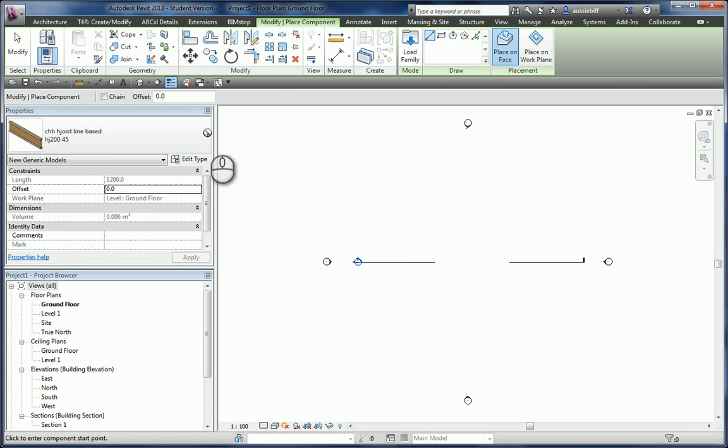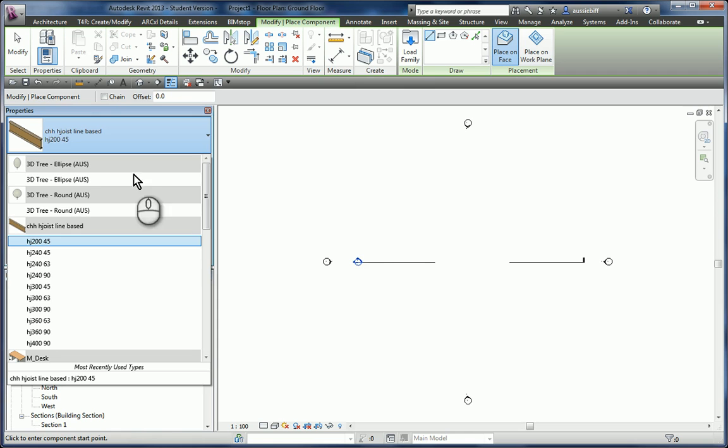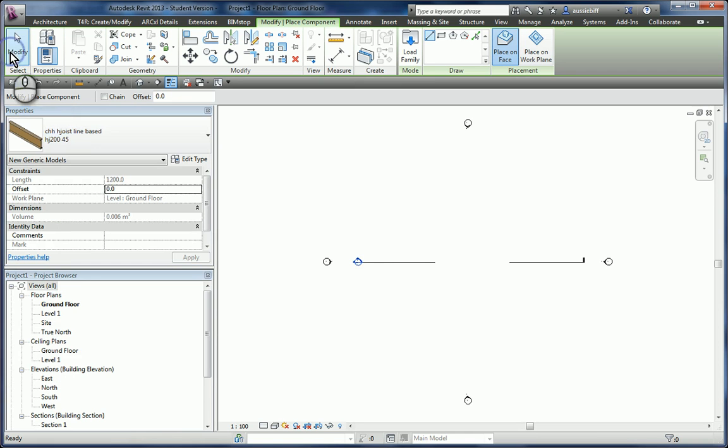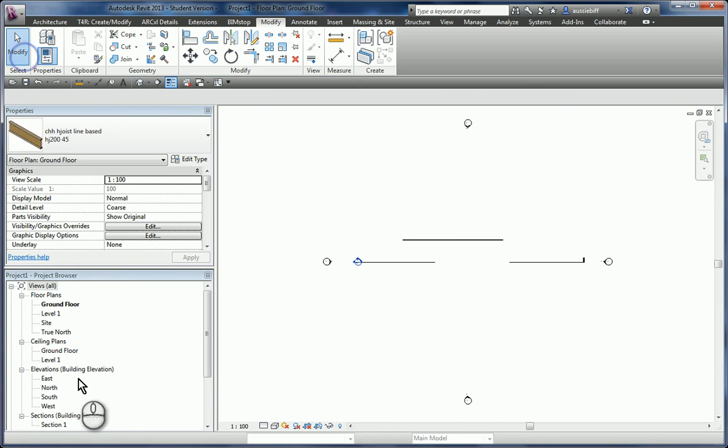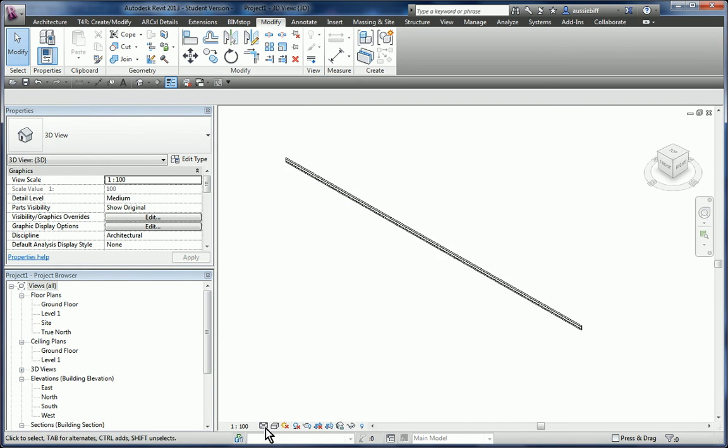And place on work plane, because you're placing it on the ground floor, and then you just simply draw the distance. Have a look at your 3D view, turn on the shaded view,